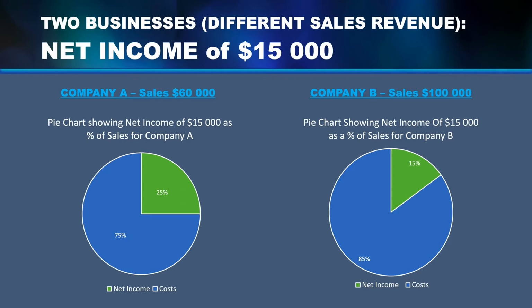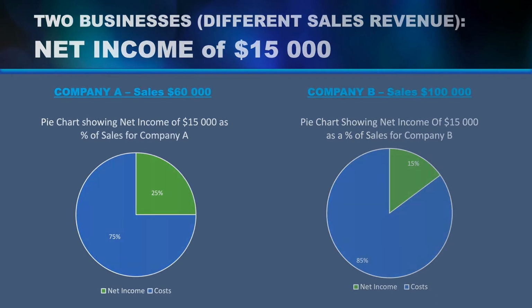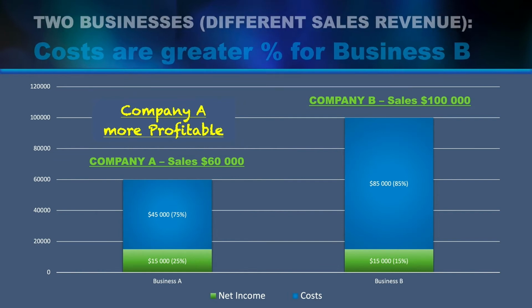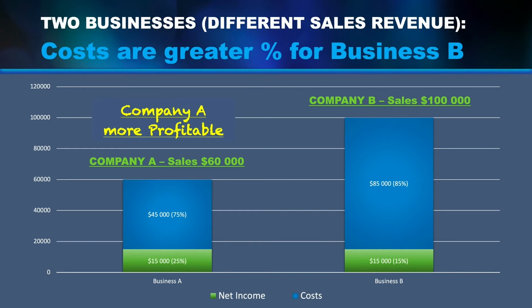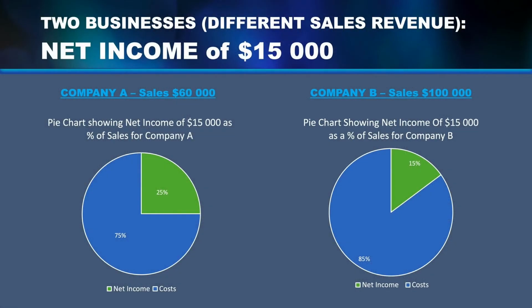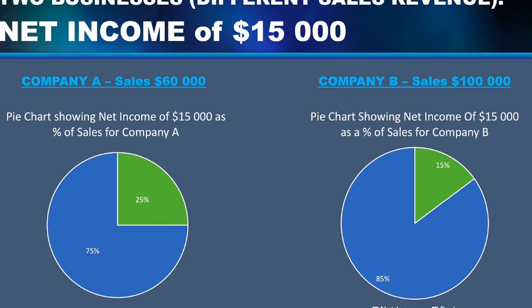However, you also see that your cost and expenses is greater for company B. Once again, showing that even if you look at it, company B made more revenue. You would see based on the percentages that company A was the more profitable one, even though they had equal